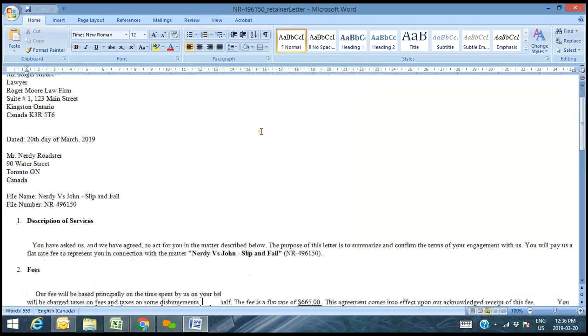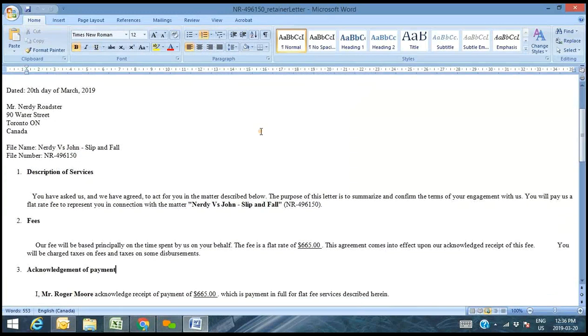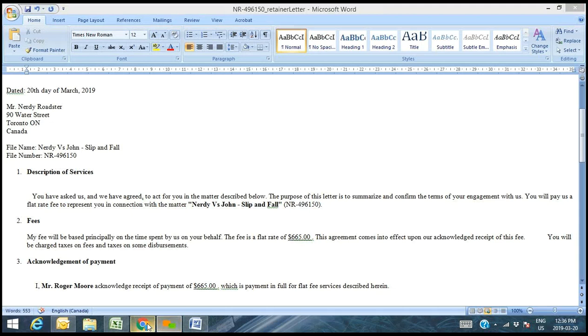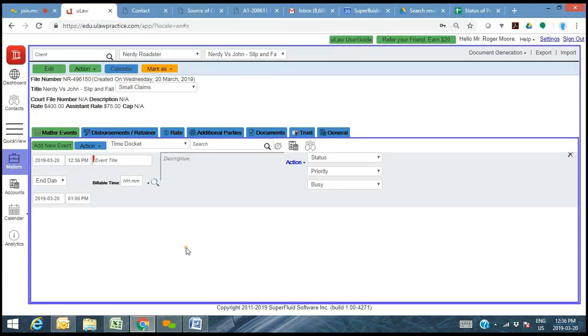So here's my retainer agreement, and you could tweak this however you see fit. Change from hour to my fee. Make those little tweaks. It has the flat fee that you've accepted as a retainer. And really the next step is now to capture the moment of each of the transactions that now start to